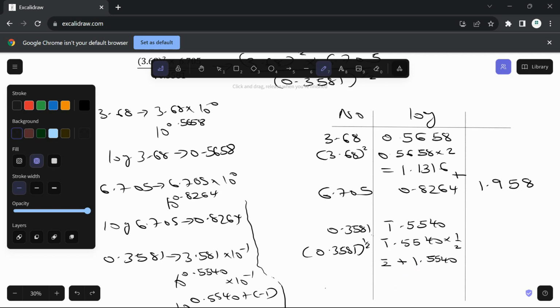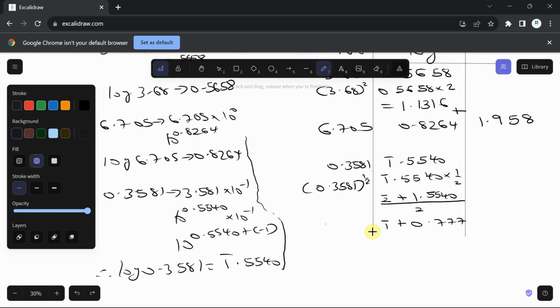I think this is correct, because bar 2 plus 1 will give me bar 1, right? So I'll divide all of this by 2. So bar 2 divided by 2 is bar 1 plus 1.5540. So 1.5540 divided by 2 is 0.777. I showed how we can actually do this explicitly in the previous section, at the beginning of the video. So if this is a bit confusing, you want to check the beginning of this video. So by the time I had those two, this will give me about